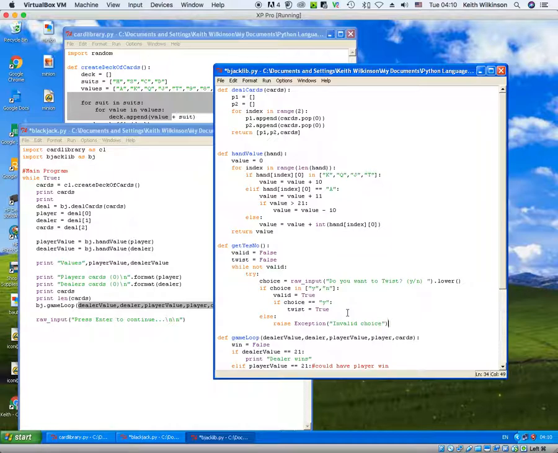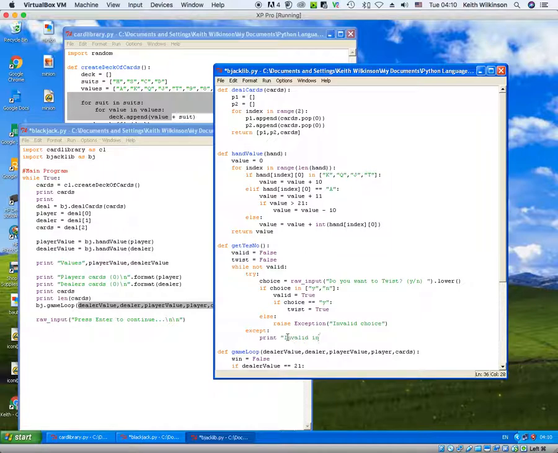And if they've made an error, I have got my accept block. So this is going to say, oh, you've made an invalid choice, and then it's going to come down to the accept because it's raised an exception. And any other error is going to come down to this one as well. So if the computer suddenly crashes or what have you, we're going to find ourselves in the accept area. I'm just going to type out a message to the user, print